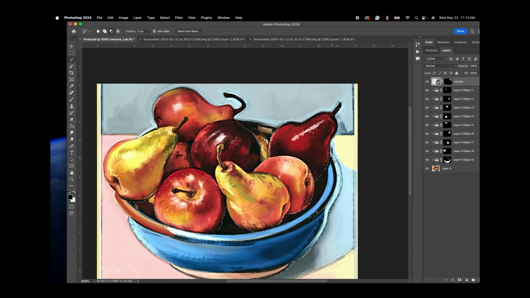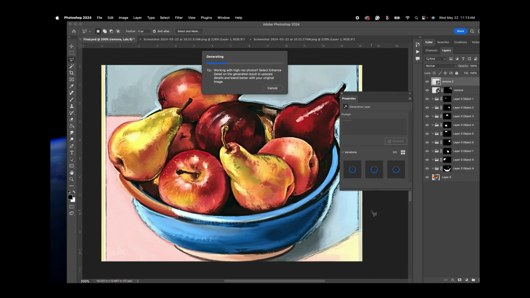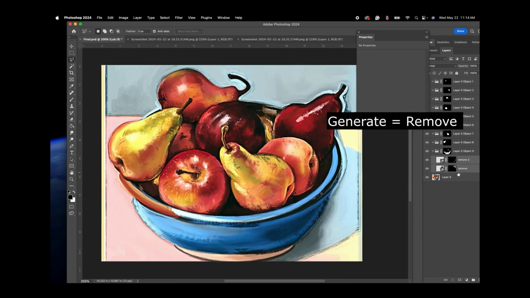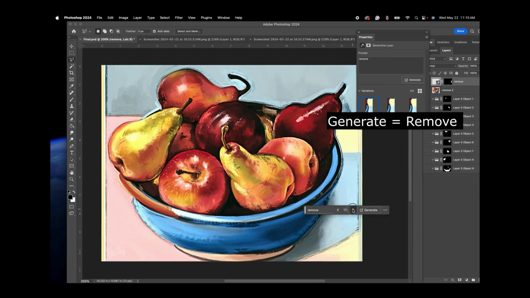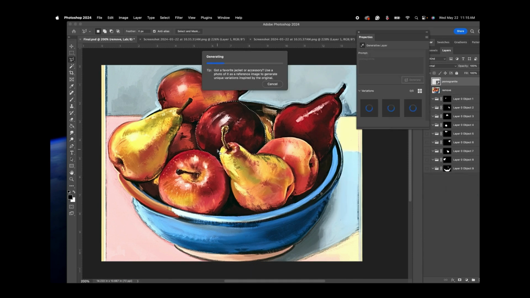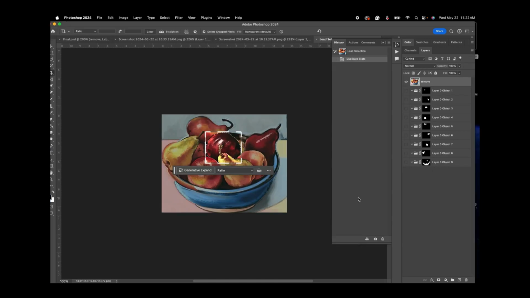Now we're going to try the mosquito line around the right side of the bowl. Again, I'm generating remove, and you can see the improvement. It's looking a lot better. Now, I'm going to go through and adjust the pomegranate. I want it to look more like a pomegranate. Right now, it sort of looks like an apple that's upside down. It's missing its